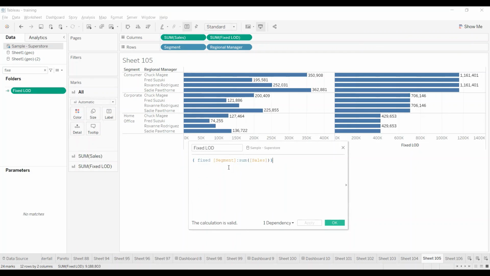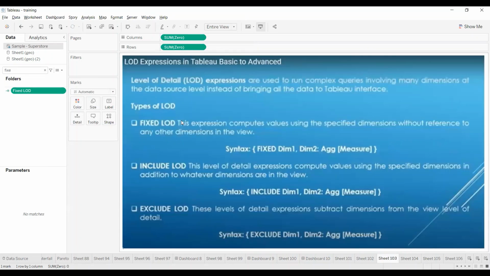The calculation computes data at a specific dimension level without referencing any other dimensions in the view. So what other dimension do we have? Region manager. It ignores the region manager and computes the values at segment level. That's what we did. That is called fixed LOD. This expression computes the values using the specific dimension without reference to any other dimension in the view. This is the syntax.